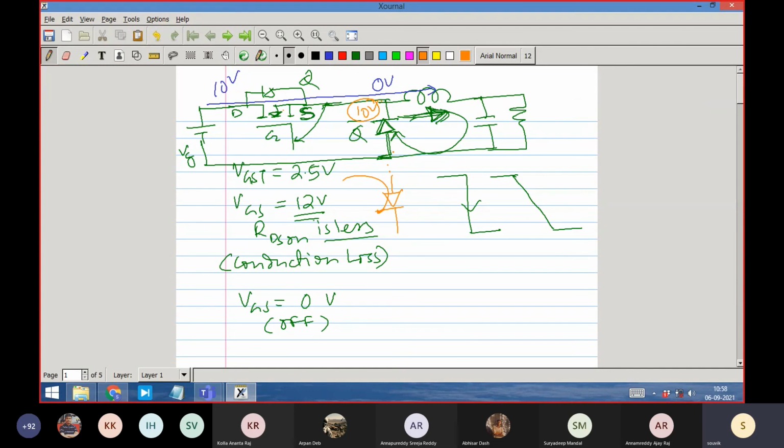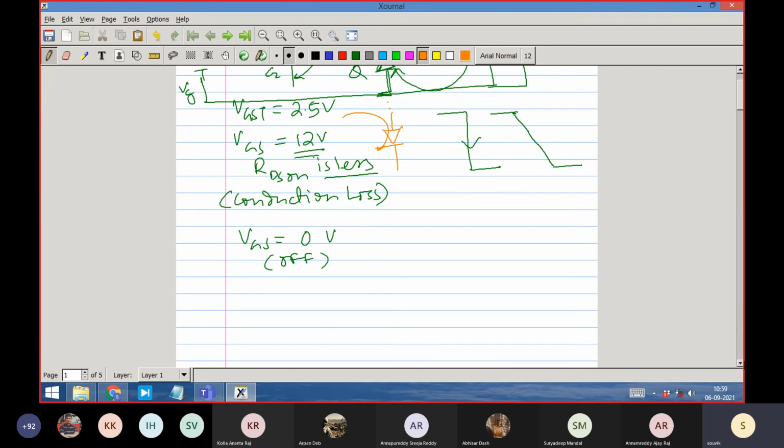and it has to conduct when the main switch is off. So in such cases, this is the more conventional way of doing a buck converter, because another switch and diodes are less expensive. Not only that, if we had an active switch in place of the diode, it would require a gate drive, because it also has to be turned on and turned off. But when we do that, that kind of switch is called synchronous. It is not illegal to put it. It is not wrong to have a switch there.